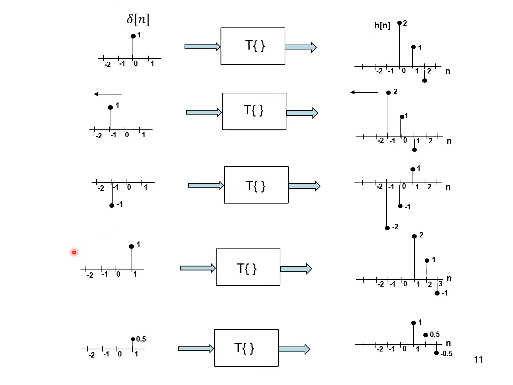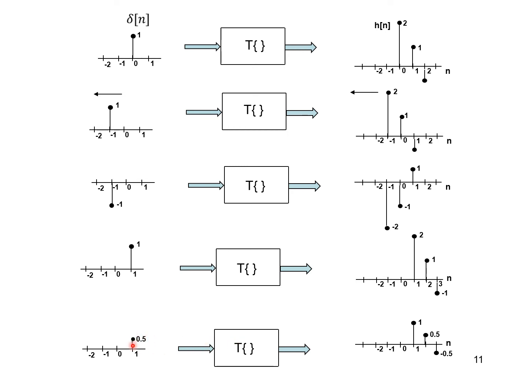Okay, now suppose instead of applying the unit impulse at n equal to 0, I had applied it one unit later. If I delayed it instead of advancing it, what would have been the output? The output would also have been delayed. Whatever is there gets delayed because it is time invariant. If I shift the input right, the output also gets shifted right by the same amount. If I shift by 3 units, here also it shifts by 3 units, but the shape remains the same. Okay, now if I decrease the amplitude, if instead of giving 1, I give 0.5, because it is linear, no?